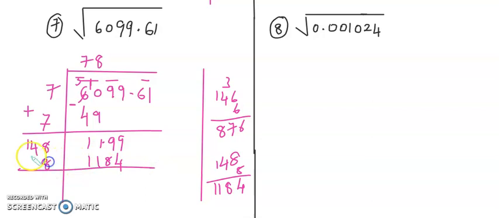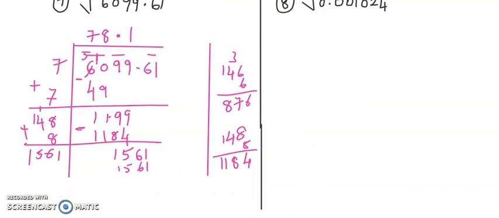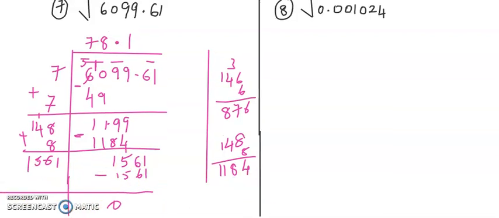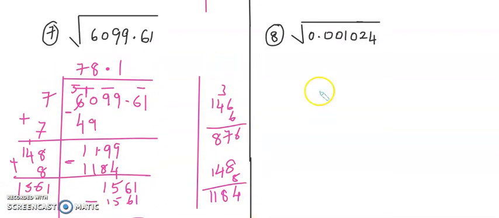First add the 8, don't forget that. So 8, 6, 1. So I get 156. Subtract. So I'll get a 515 here. Right? Just shift the decimal up. Bring down 61. So clearly it's 1 1s are 1561 and you get a 0. Okay? Clear? Okay. Am I clear? Next, take the next one.